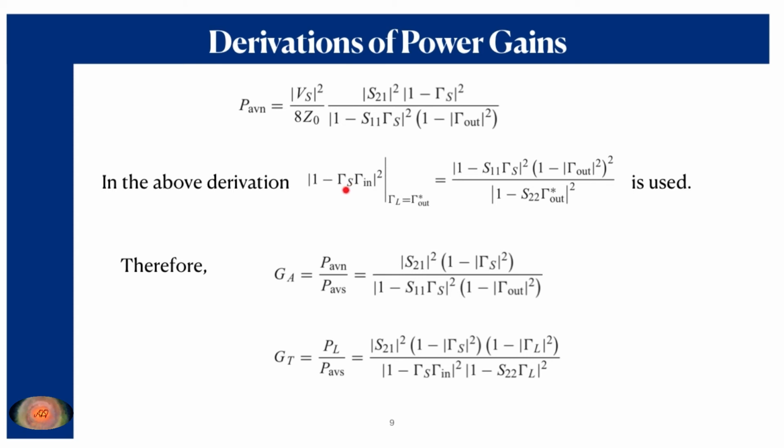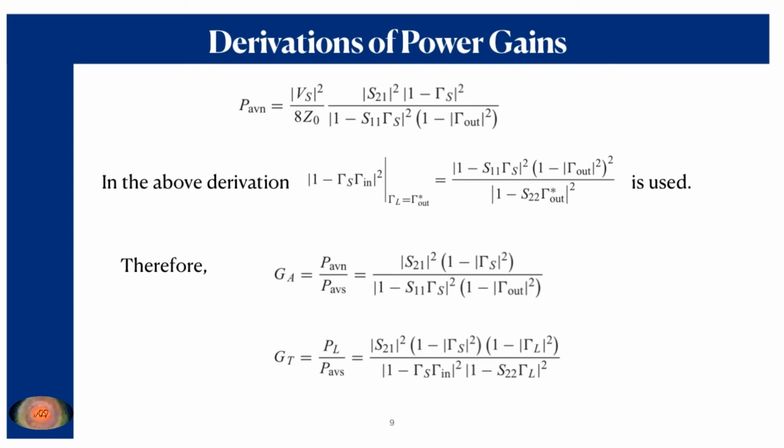So in the expressions of gamma S and gamma in that you have already obtained, the expression for gamma S holds Z0 and ZS, whereas the expression for gamma in I have already derived a couple of slides earlier. There, by replacing that condition, you can obtain this expression, and straightaway you can replace this expression in the previously obtained expression, and finally this PAVN can be obtained as shown over here.